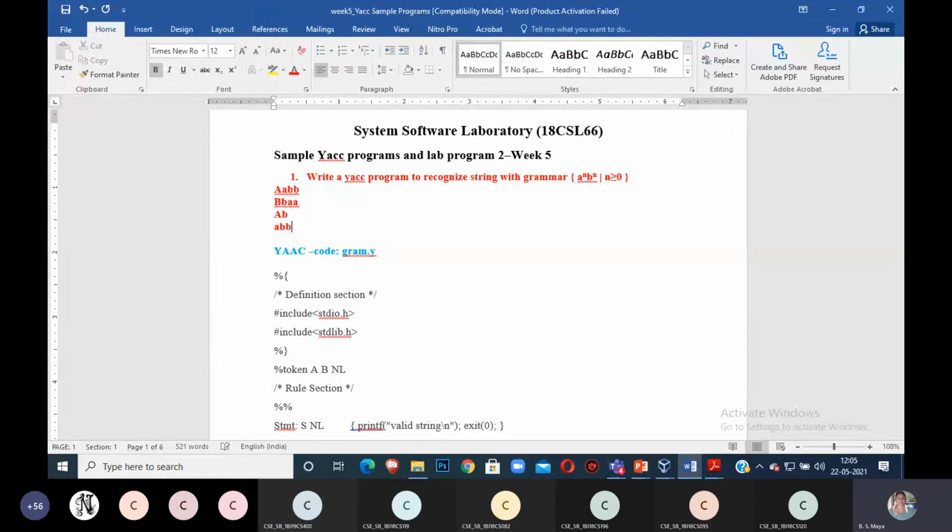This is my program. I have to write this program using YACC. I am not able to do it using a Lex program, so for that we have to go for YACC. In the YACC program, I have to write a grammar. How to write a grammar for this? You already know. S is my start symbol. S derives capital A followed by S, capital B, right?